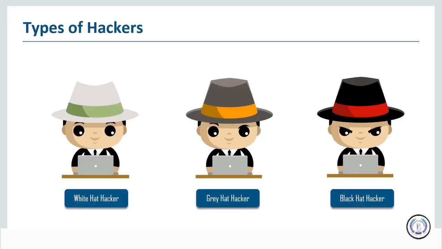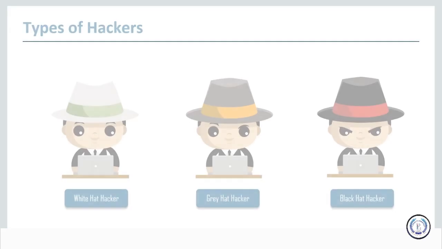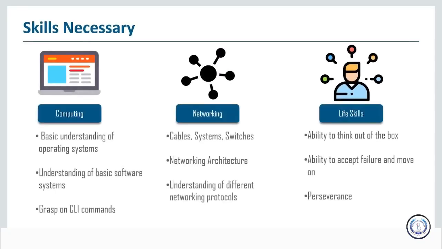Okay, so now that we've discussed the types of hackers, let's also discuss the skills necessary to become one. What we're going to discuss in this part are the different skills that are required or will be learned as a part of this video. Initially, just for basic computing, you need a basic understanding of operating systems and how to work them. There are several fundamental types of tasks that I won't be going into any detail at all, and you'll need to know how to run programs and do things like open up a command prompt without me walking you through how to do that. So I am going to assume that you have some basic understanding of how to do these sorts of tasks.